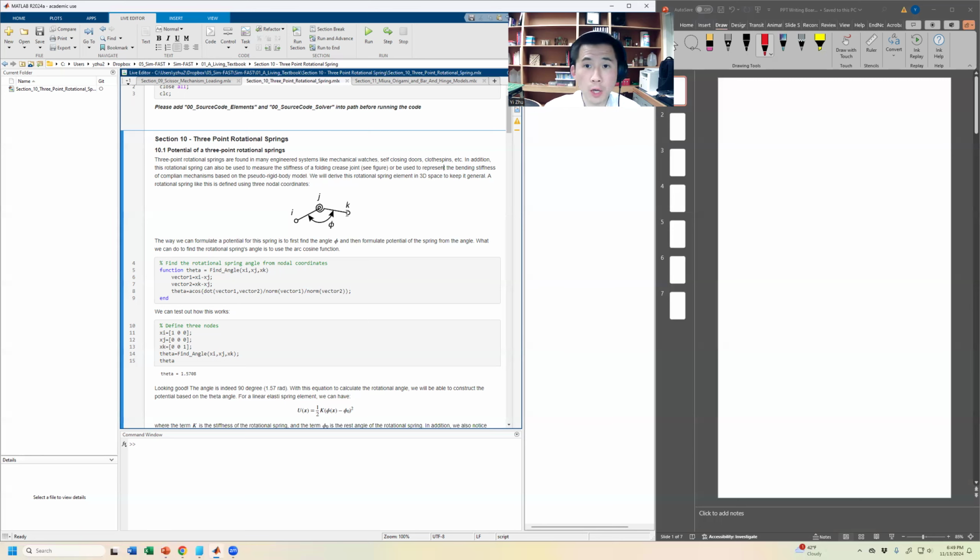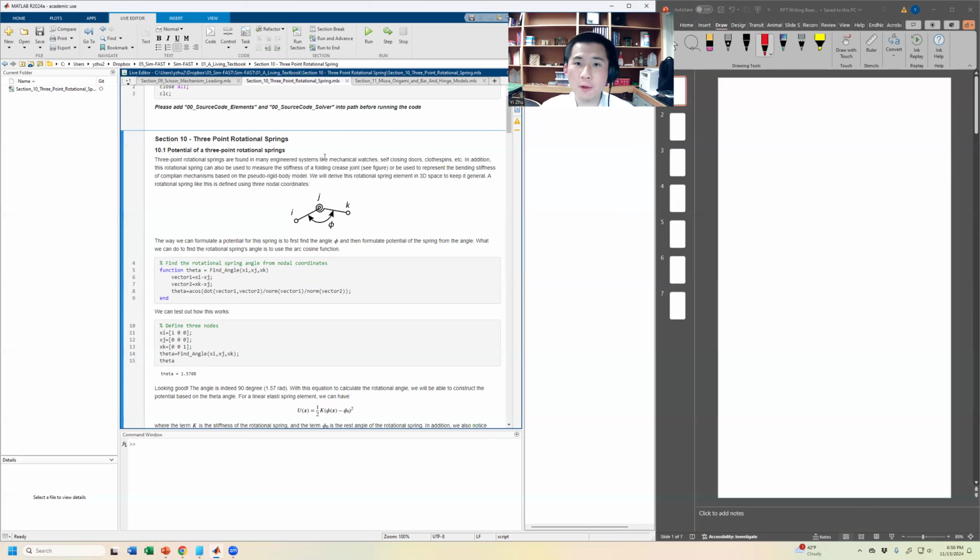And in this section, what we hope to do is to briefly show you how we are able to derive these 3-point rotational spring elements. And one of the other goals that we hope to show you here is that when you go into the derivation, you would soon realize that the method we're going to be using, the central difference, looks exactly like section 5. So